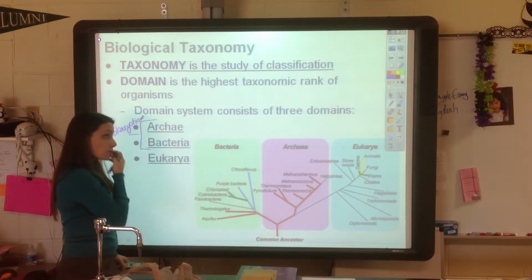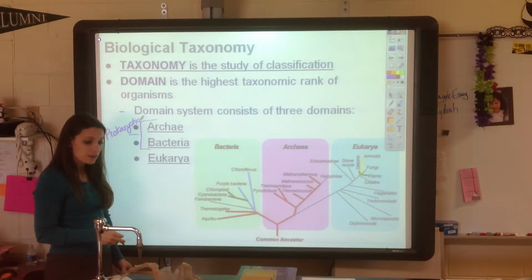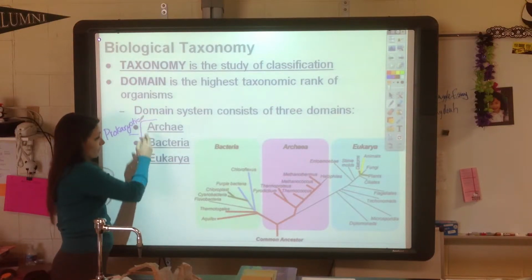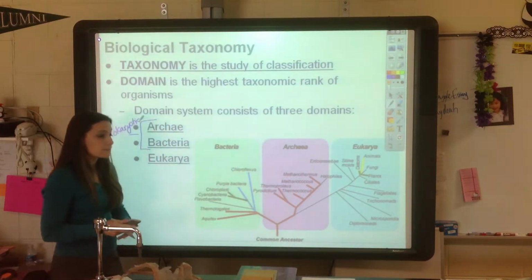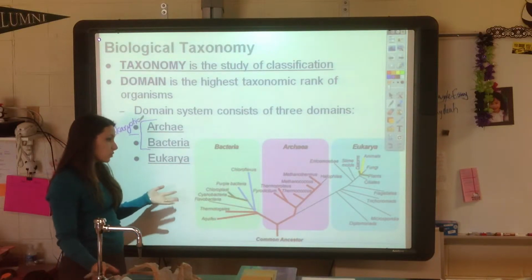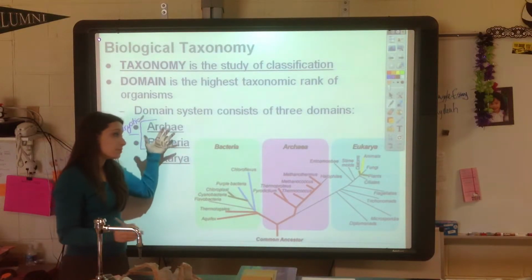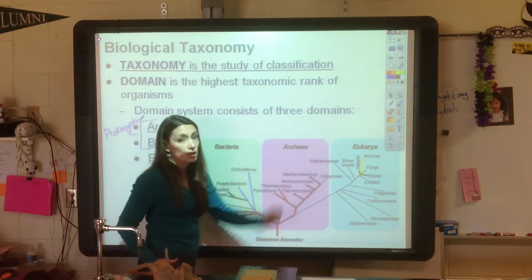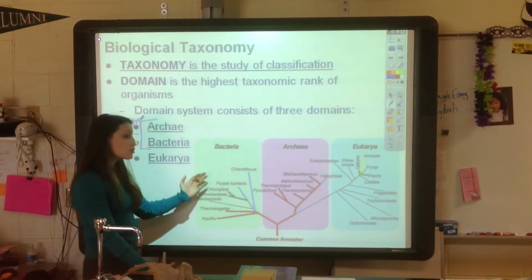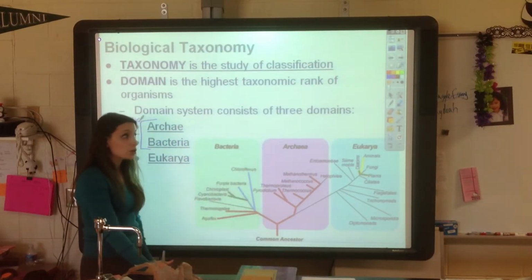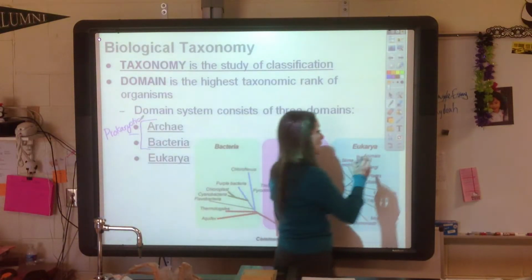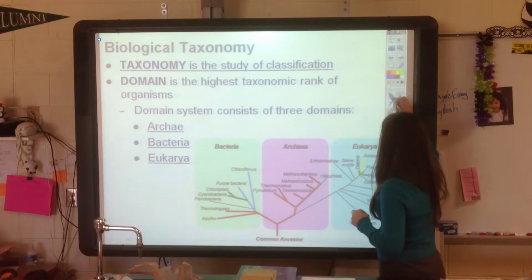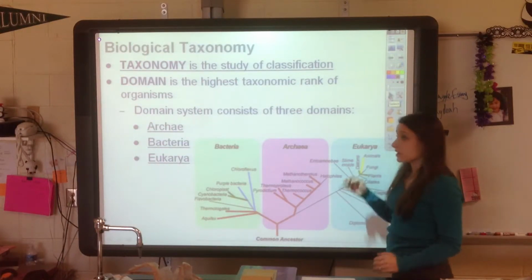They're both prokaryotes, meaning they do not have a nucleus, but they're so different from each other that they still have to be in different groups. What we see based on these groups is that any living thing can be placed in one of these 3 groups. It's either Bacteria, Archaea, or Eukarya. And so we have this big term called domain, and from there, we're going to start breaking it down into other groups.